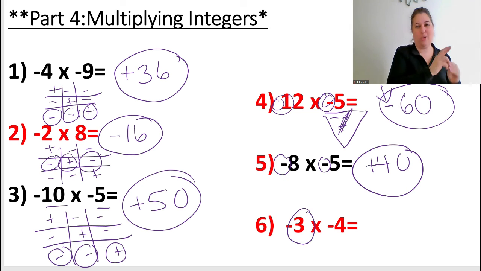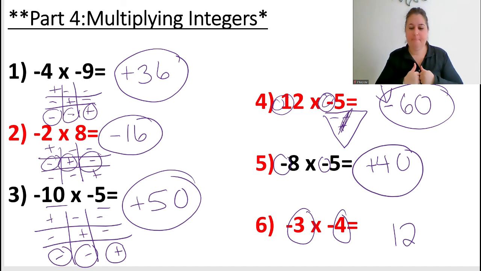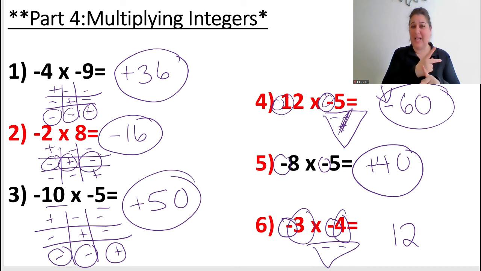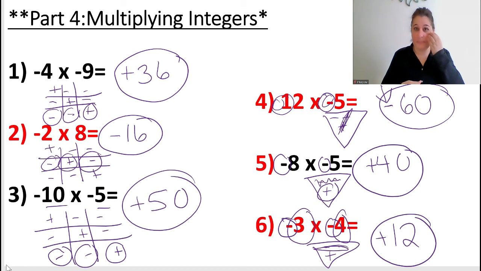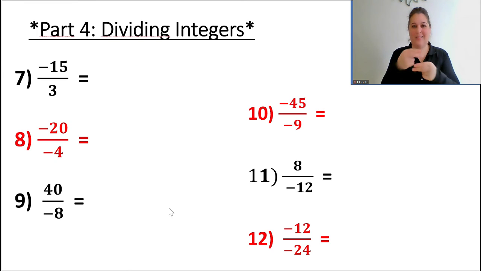Okay, so 3 times 4. 3 times 4 is 12. A negative times a negative. Cross those off, I get positive. And I didn't show my work here because I was comparing it to the song, but cross those off because they're the same, I get positive. Okay. All right, last slide for practicing the rules with